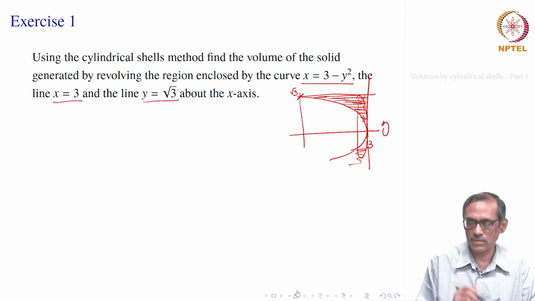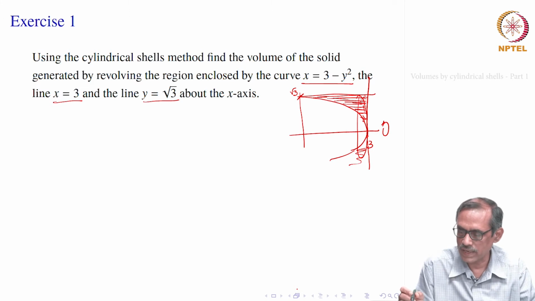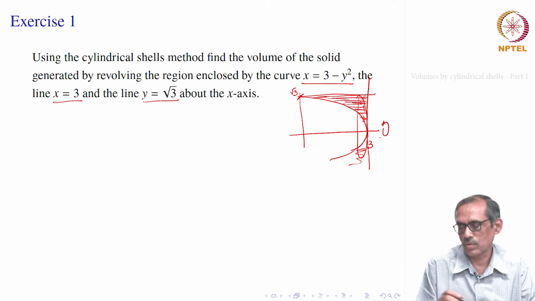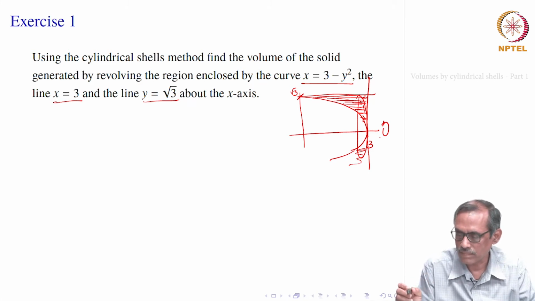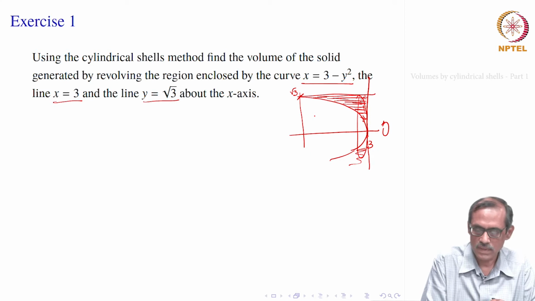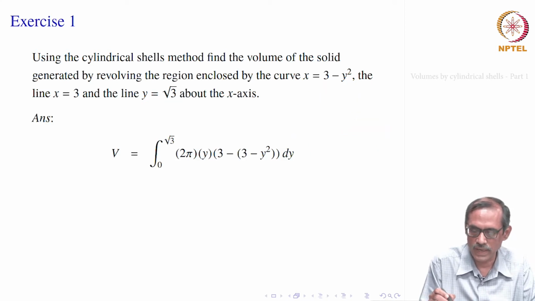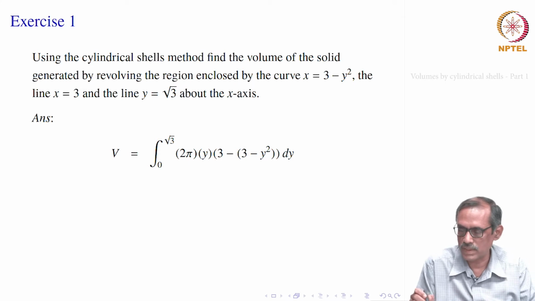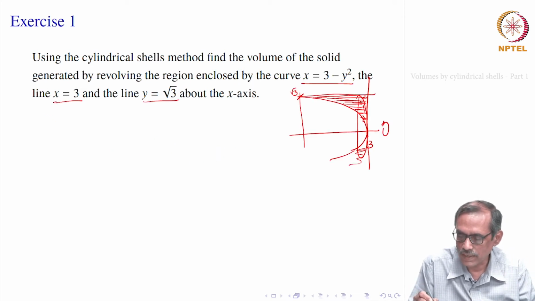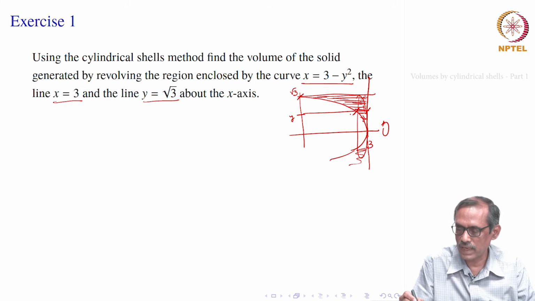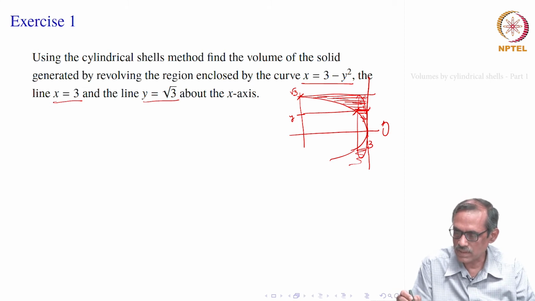Then what is the cell radius? What is the cell height? So, now you see, you take any point, it is revolving around the x axis. So, we should start with taking y, right. So, once you take y, let us go back to the picture. You take any y here. So, that gives this distance as your cell height, and what is the cell radius? It is from the axis. So, that will be the cell radius.